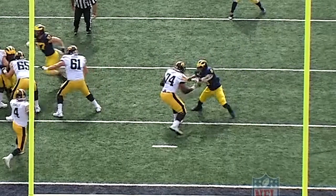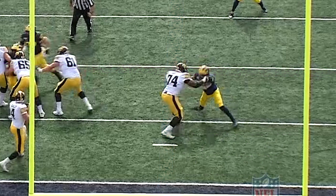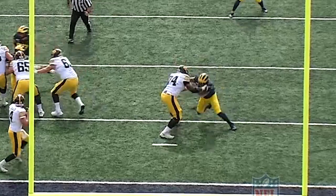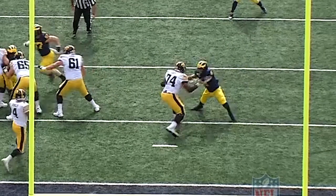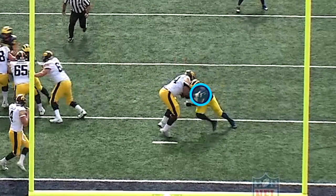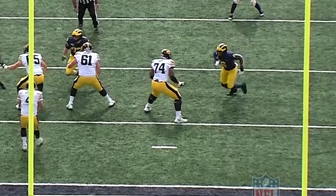And at the same time, while he puts both feet vertical, meaning perpendicular to the line of scrimmage, he likes to reach and punch, almost kind of lunging a bit just so that he can establish contact early and start to overpower people just with his raw strength. And for the record, by the way, I actually like that hand placement. You're supposed to punch high with your outside hand and low with your inside hand, so that placement is good. He's correct for that. But my problem with it is that if you kick your outside foot so deep and